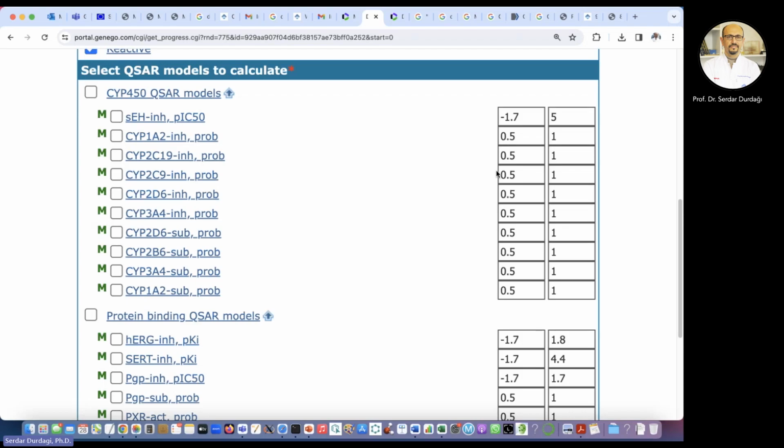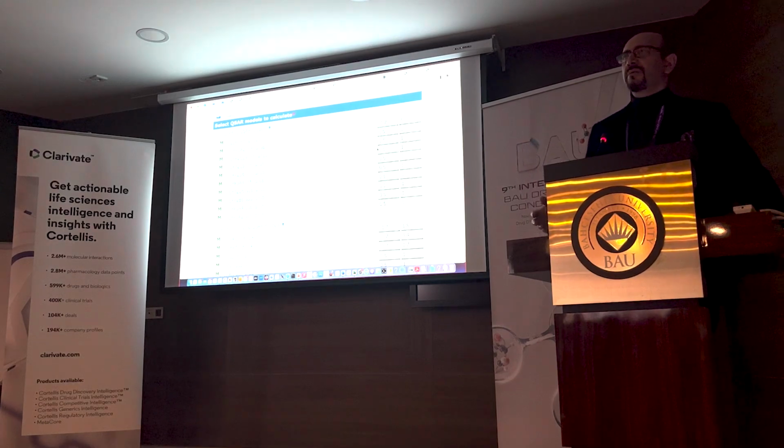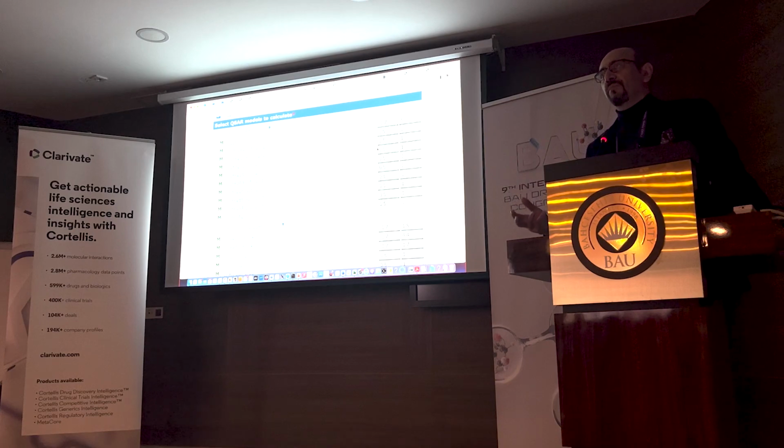So let's say if it is therapeutic activity, in that case, higher than 0.5 means we may have some potential against this disease. So let's say if you have a cancer model, in that case, if your molecule receives, let's say 0.7, this means that there is around 70% probability that your molecule is likely to be an anti-cancer compound. But if it is